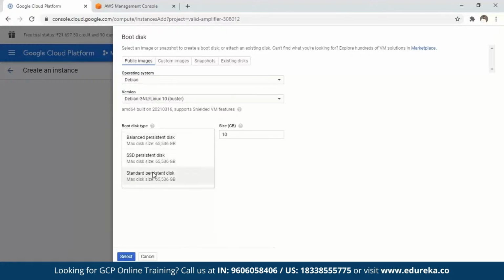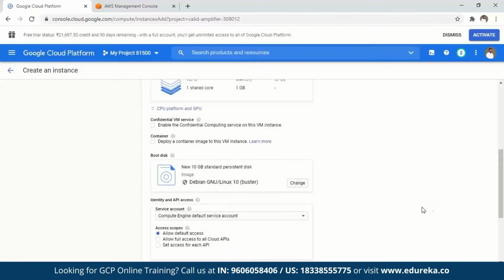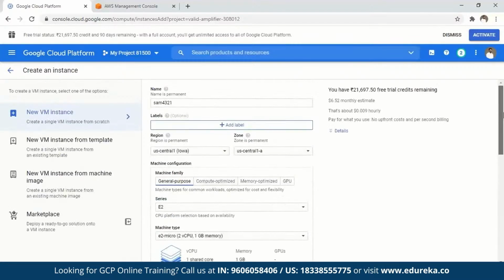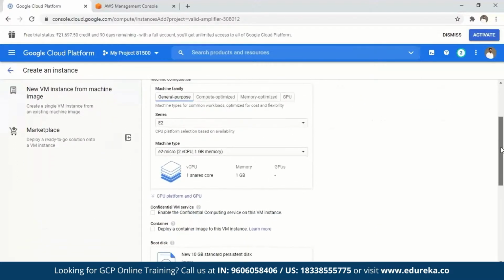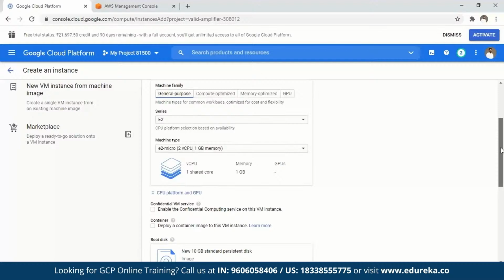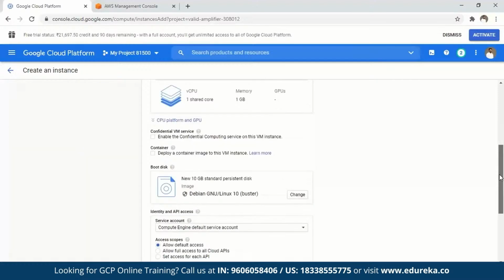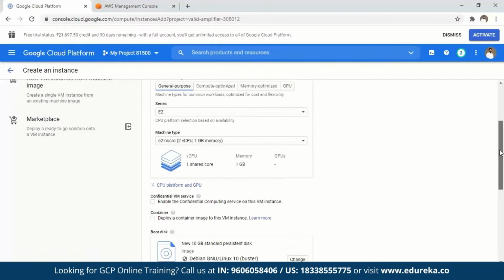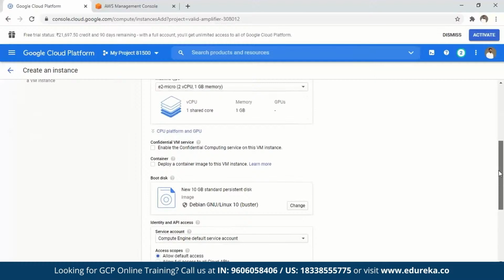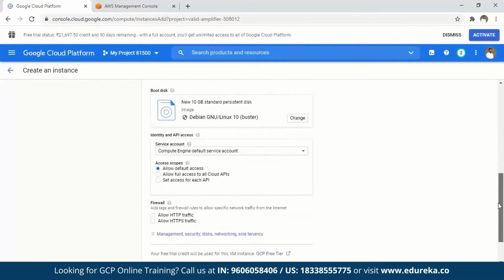If I go for standard and say apply, now if you scroll up, you'll see how much this one costs. It will cost me $6 monthly. So it is fairly low, right? From $25, we've come down to $6. Why? Because we've launched, or are planning to launch, a smaller instance. So these are the things that we can configure. If you go ahead, you have other things to configure as well, or you can stick to the basic ones if you want to.